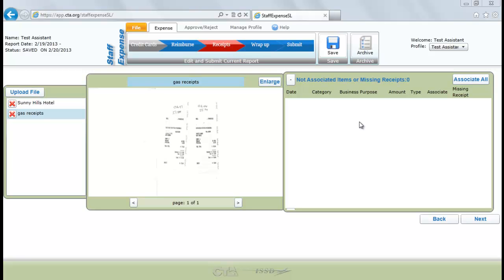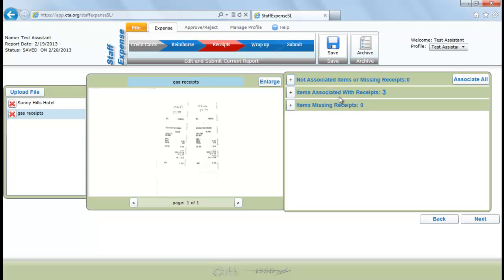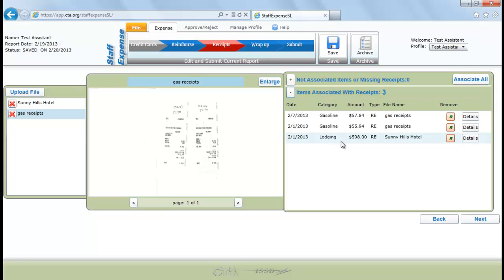If I've accidentally associated an item with the wrong receipt file, no problem. Simply click on the button in the upper left hand corner to collapse this category, and you'll see that you actually have a second category that is called Items Associated with Receipts. I click on the plus sign to expand that category, and let's say that my lodging line item here, I accidentally associated the wrong receipt with it. All I have to do to remove that association is click on the R button for Remove, and that